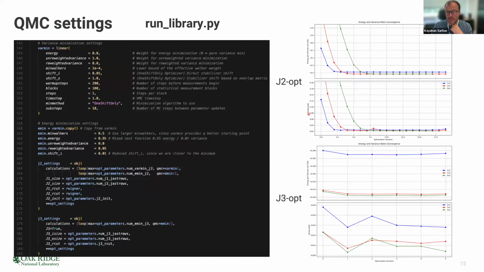But when you look at the variance over energy ratio, as Jaren mentioned last week, I think, this ratio is also often better in the 3x3 and 4x4 cell than the 2x2. So it may give you a hint that even though you did your best in this 2x2 cell, the wave function quality may be slightly worse compared to the 3x3 and 4x4. But the final judge of that, how important that difference is, will be easier to